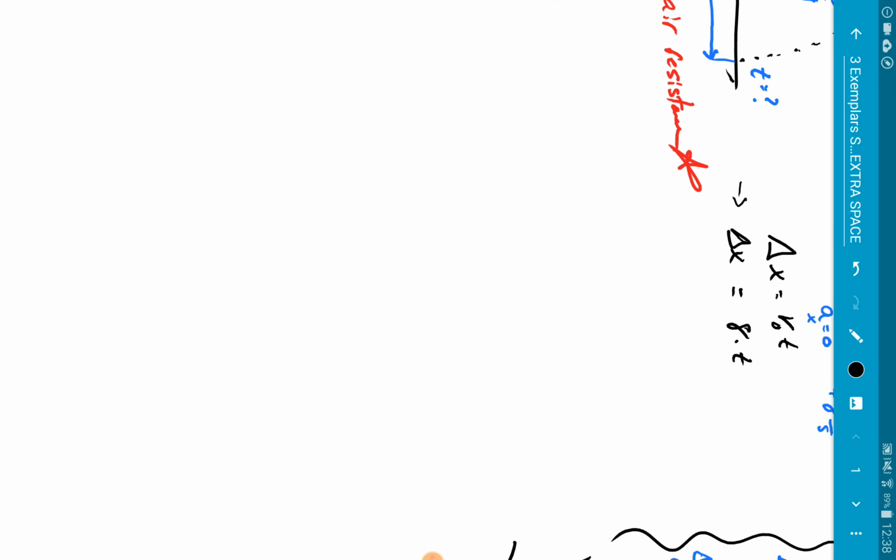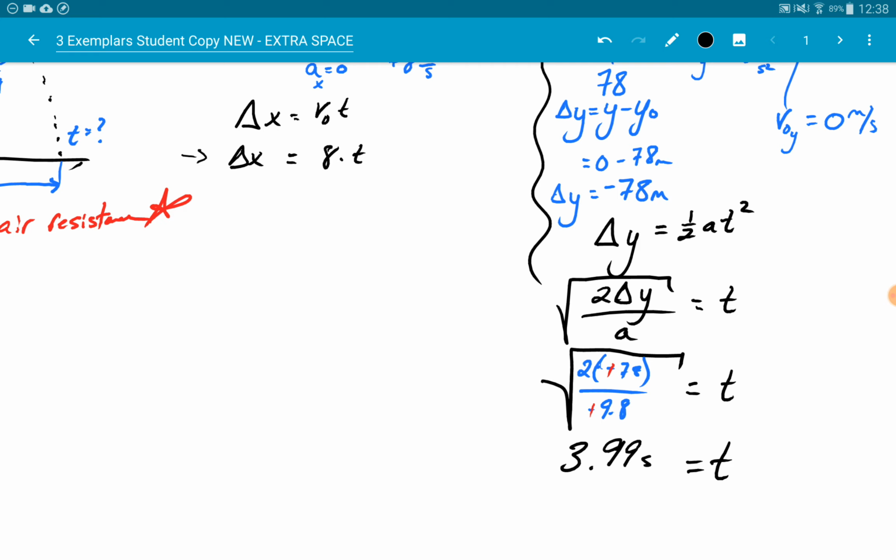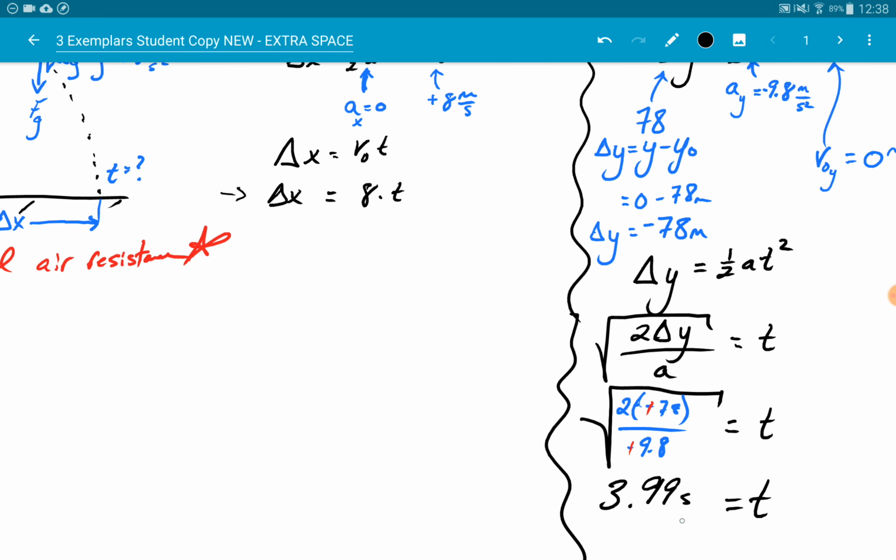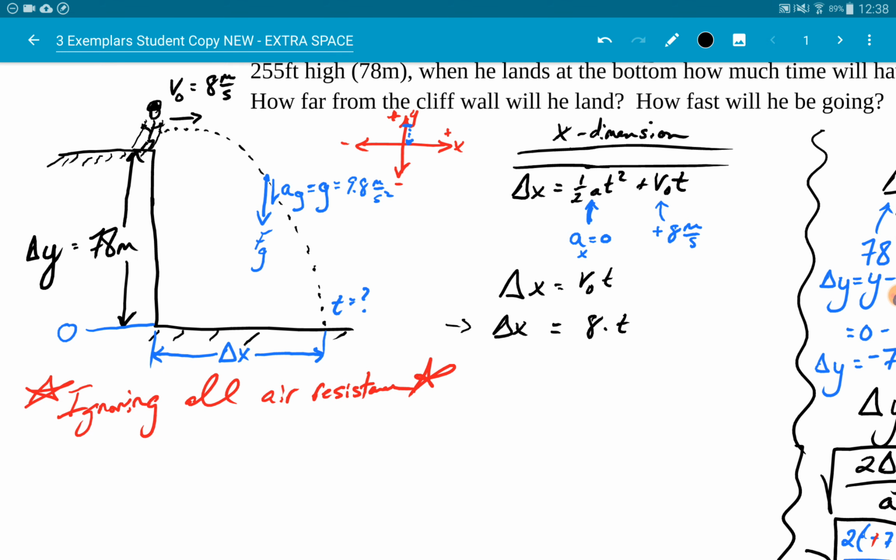So let's get back to this. So I store that time into my calculator there, and I extend my little column break there. And now I go, hey, that's the time that it takes to get down to the ground, right? That's the time for him to fall and then hit the ground. Well, if that's the time, and I'll put that in there, 3.99,